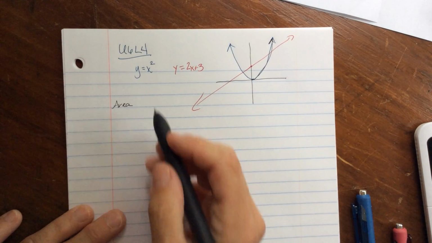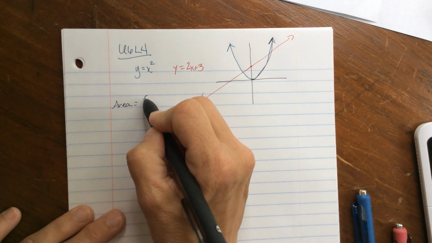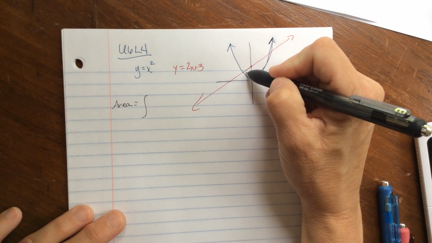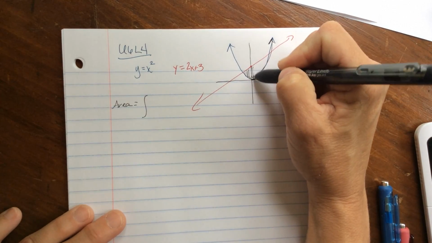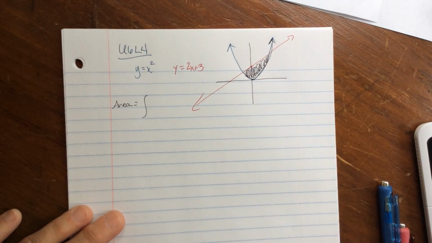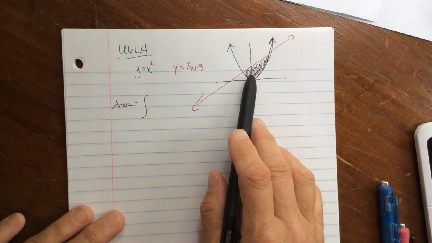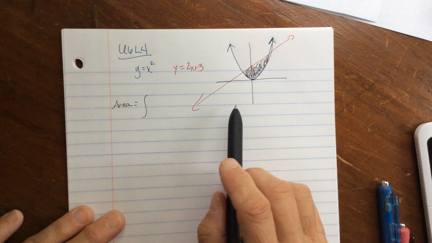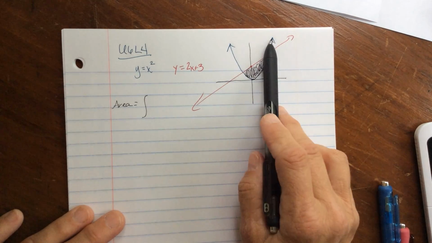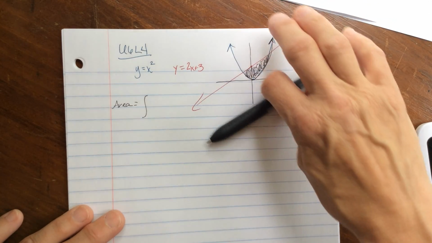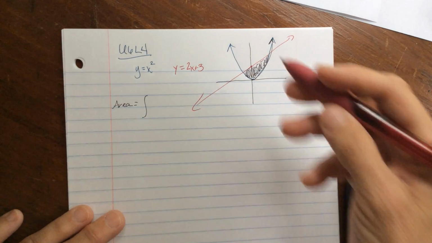So let's talk through this a little bit. The area equals, we know we have to have an integral, and I need the area of the region that is bound by these two graphs. We're talking about this region right there. So how do you find the area of that particular region when you have two functions? Well, let's say we didn't have the quadratic. We would find the area under this curve. So everything in red